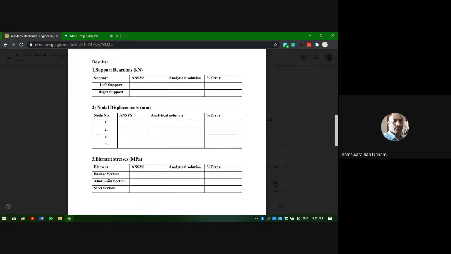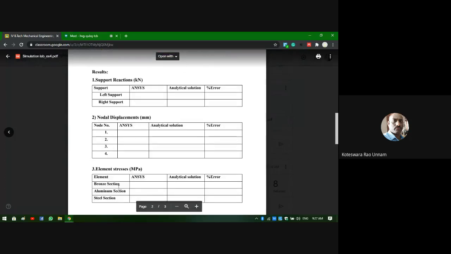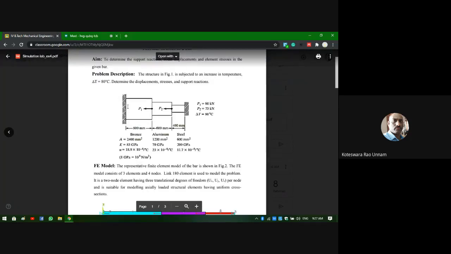Throughout the section it is the same, uniform. Similarly, throughout the aluminum section the stress is the same. Throughout the steel it is also the same. Coming to the analytical solution here, anyway, we'll solve this problem through the answers. The analytical solution is not going to be a big deal. Even though it is not given here, you can easily solve this problem.